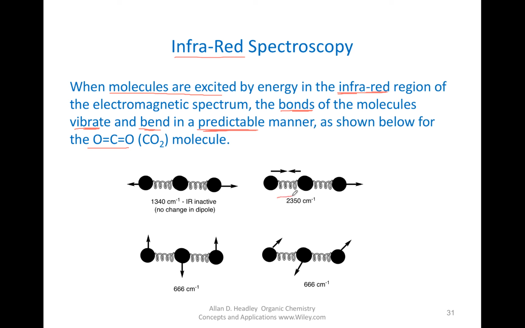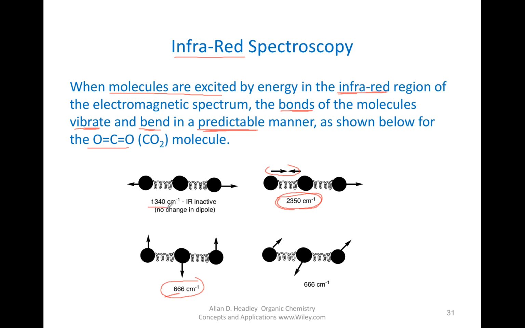Predictable means that in a specific region of the infrared spectrum, and notice this is given as reciprocal centimeters. You may remember from your physics course, that's a relationship. There's a relationship between wave number and energy. So this is a specific region of the infrared energy spectrum, and it has a specific and predictable vibration for this bond. It has another predictable type vibration here, a bending at this region,